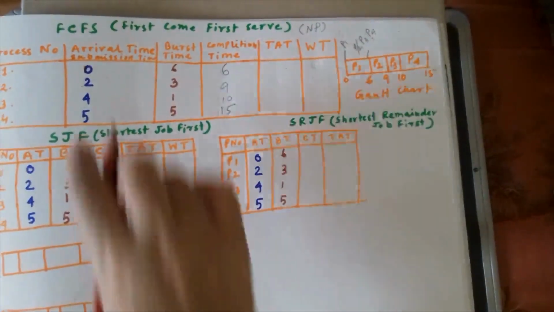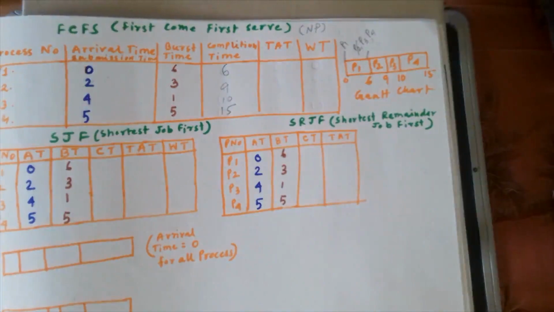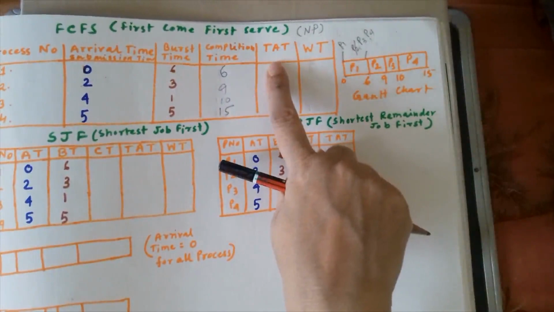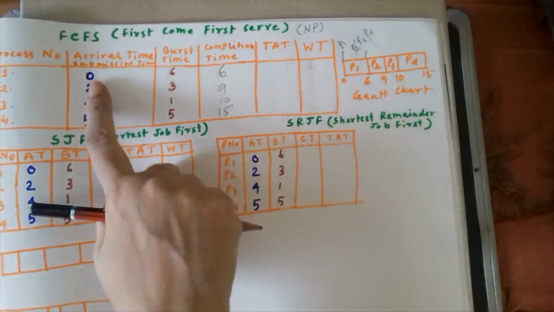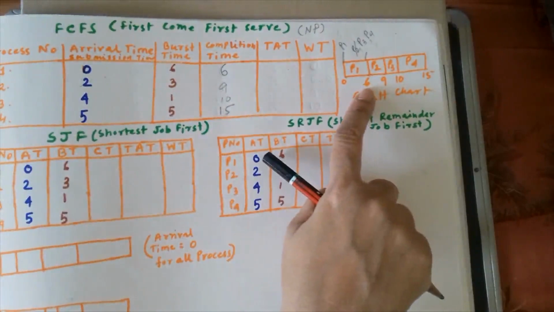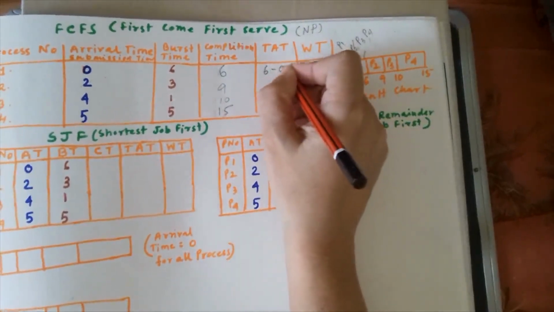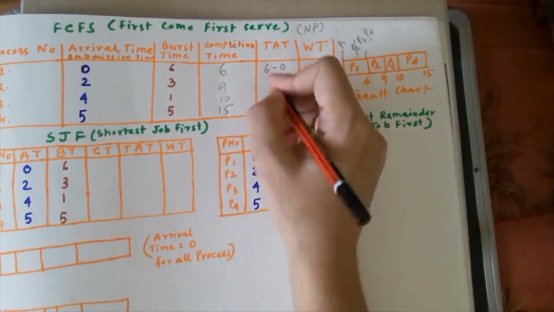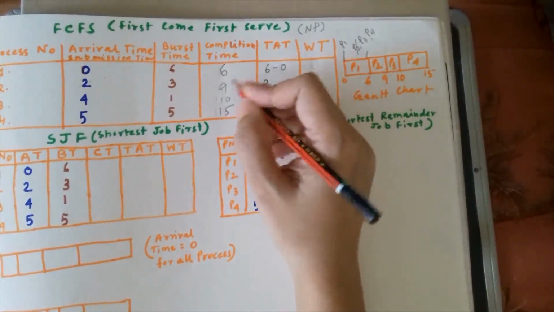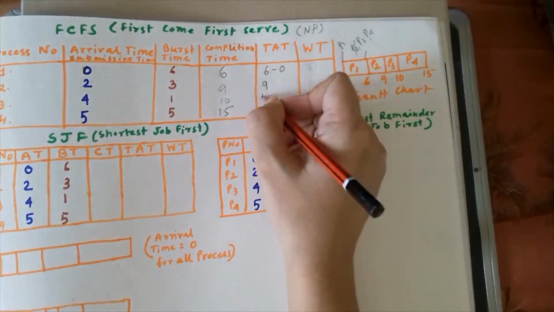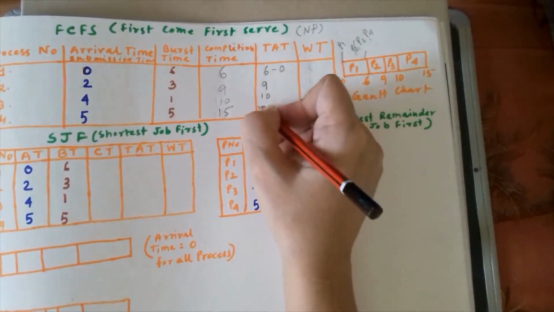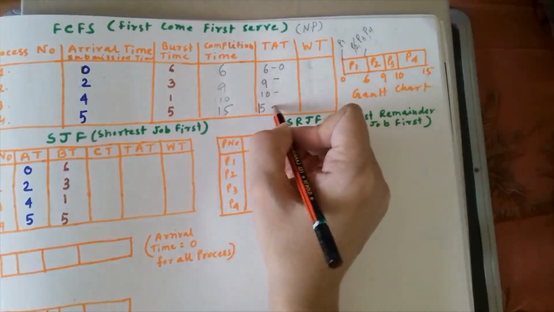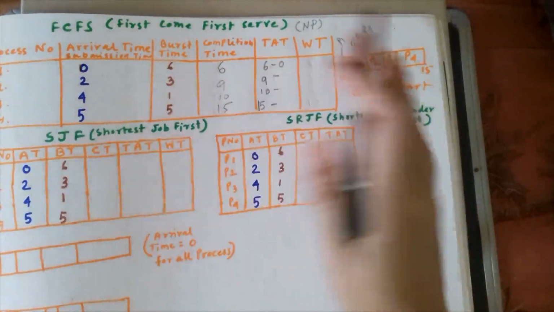What is the turnaround time? Now you see, this will play an important role. When we are considering turnaround time, it is submission to completion. P1 was submitted at the 0th instance of time, and it has executed at 6th. So your turnaround time will be 6 minus 0, no confusion in that. But in the case of P2, when is the completion time? Please write the completion time. I will suggest you see the completion time and write it on the left side of the subtraction. Then you subtract the arrival time to avoid your confusion.